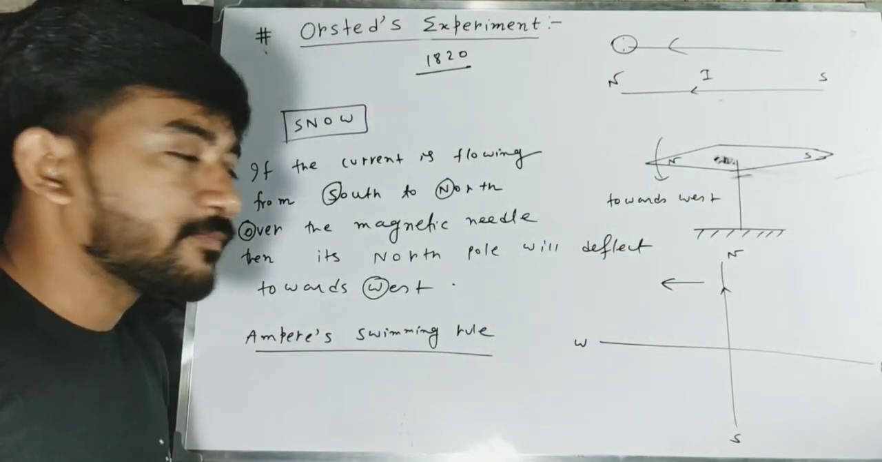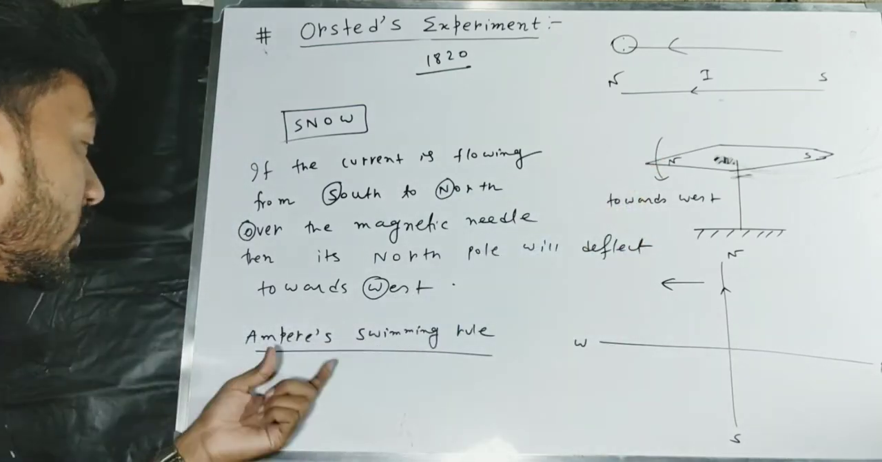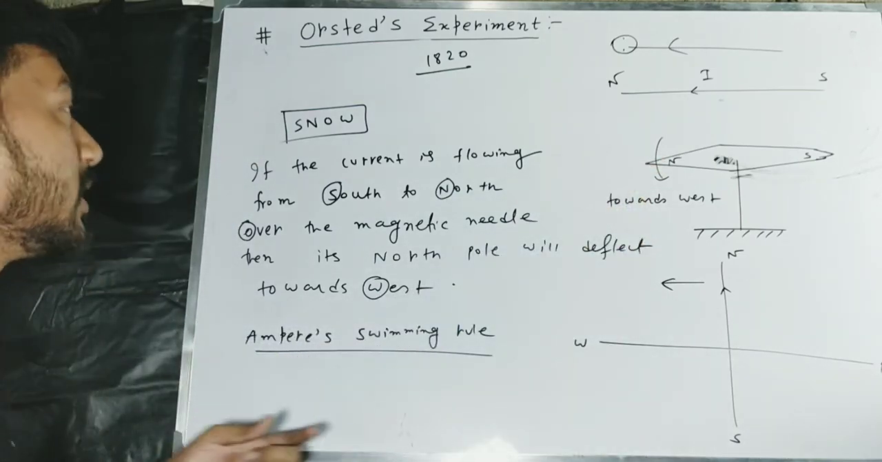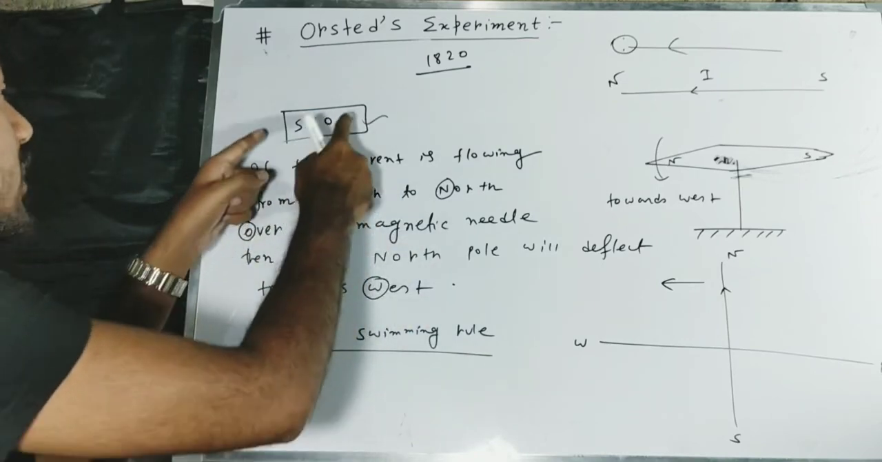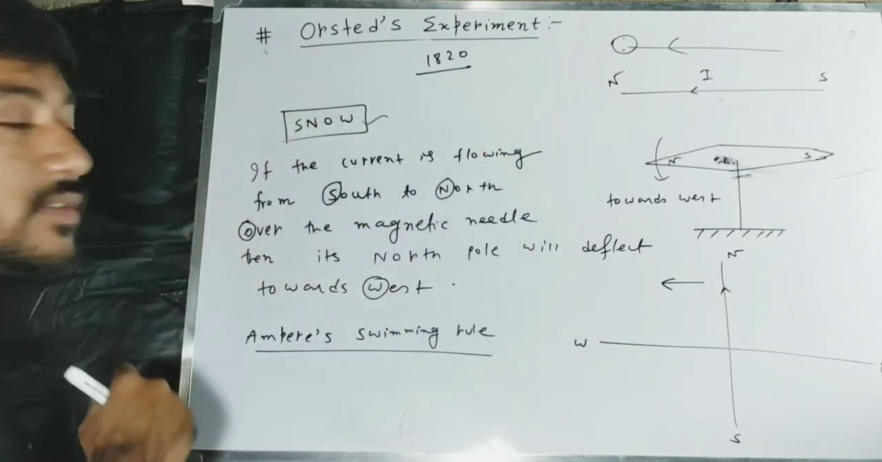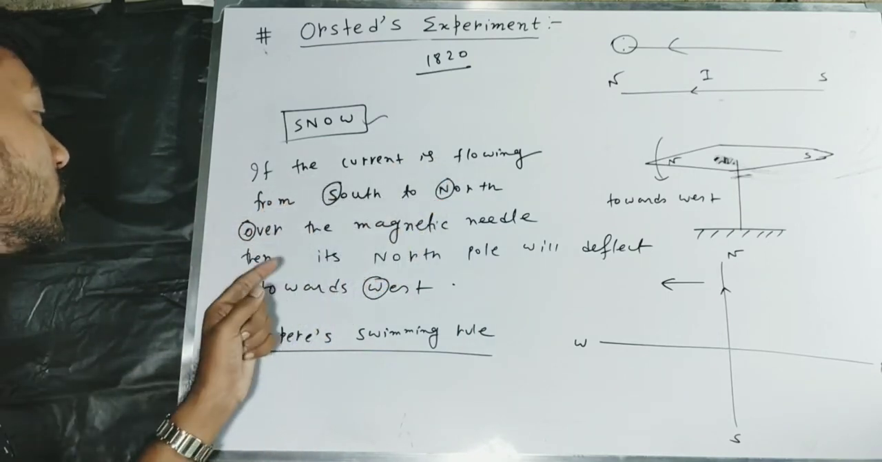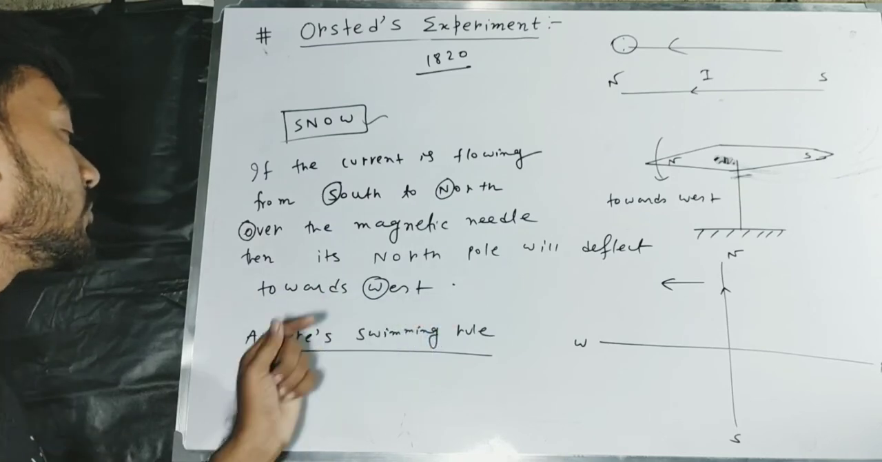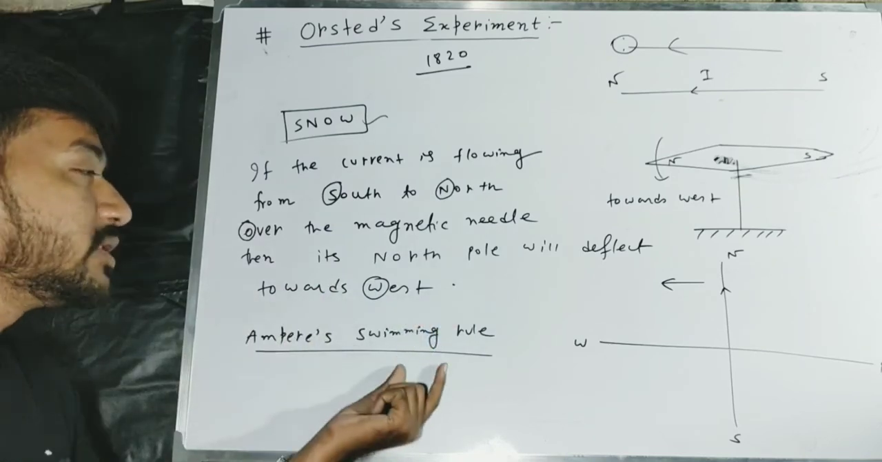Can you get it? So we can remember this result, or Ampere's rule, by using this word SNOW. And when we expand this word, it creates this sentence: if the current is flowing from south to north over the magnetic needle, then its north pole will deflect towards west. And this can be well explained by using Ampere's